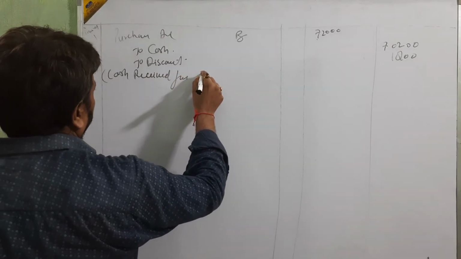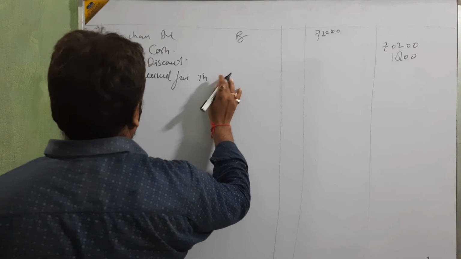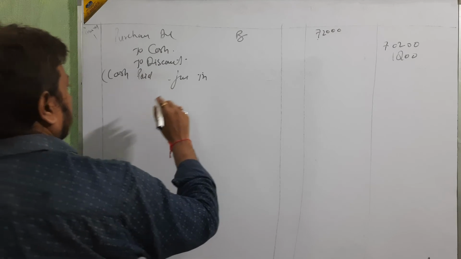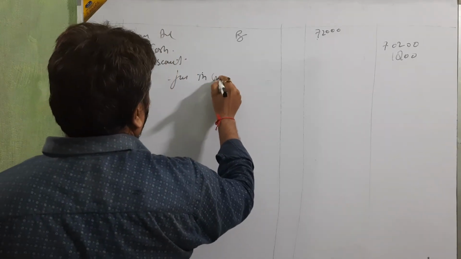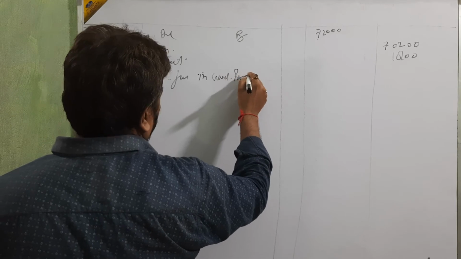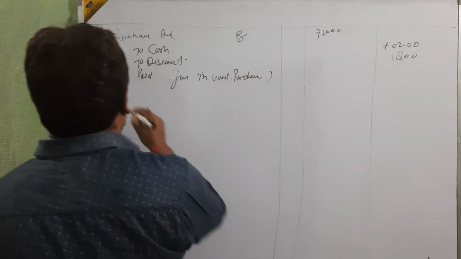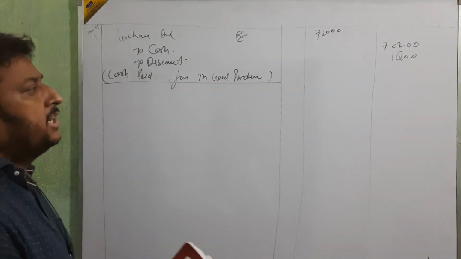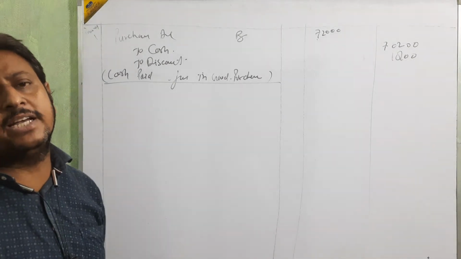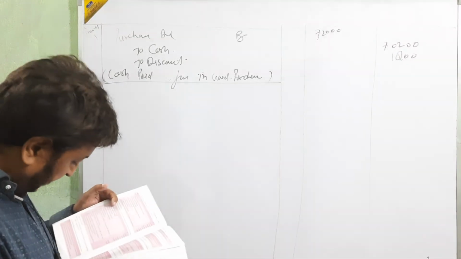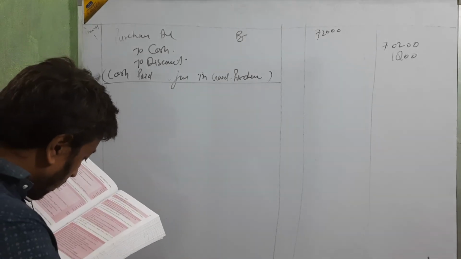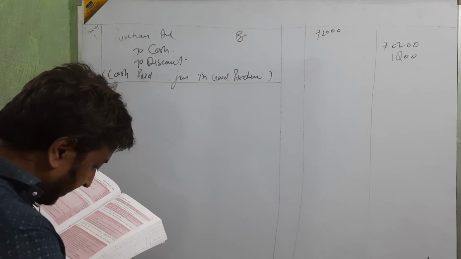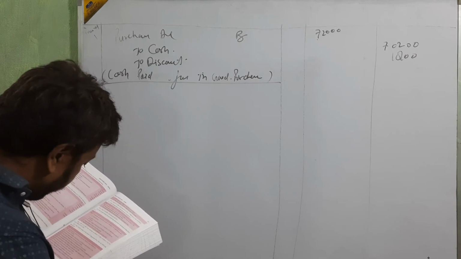Cash paid, beta, not received. Paid in goods purchase. Okay, first is clear, beta. We are showing both. First we are going to less the trade discount, and after that we are going to less the cash discount. Next, sold goods for cash at the list price of 1,10,000, 15% trade discount and 3% cash discount, sales